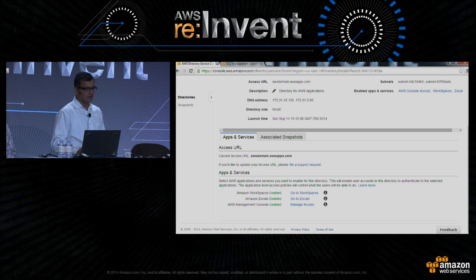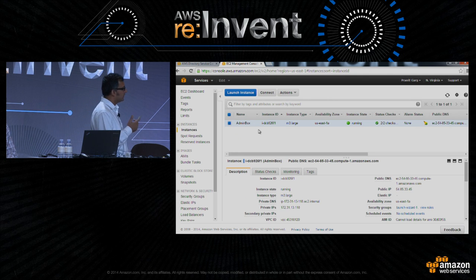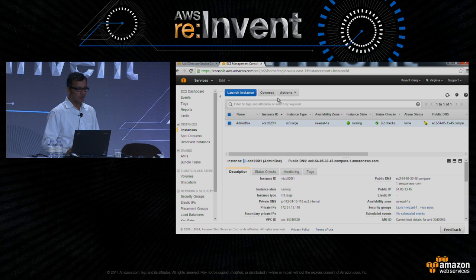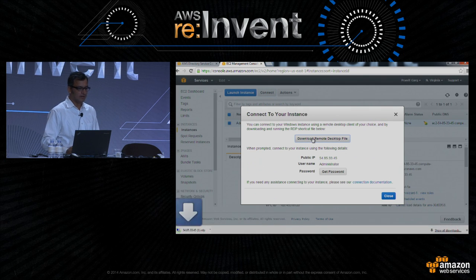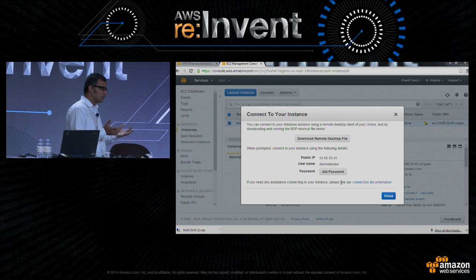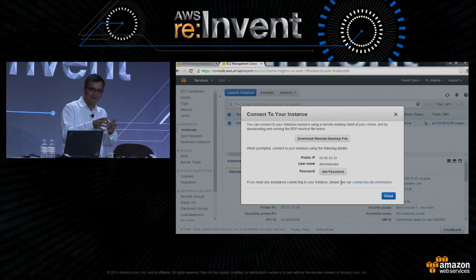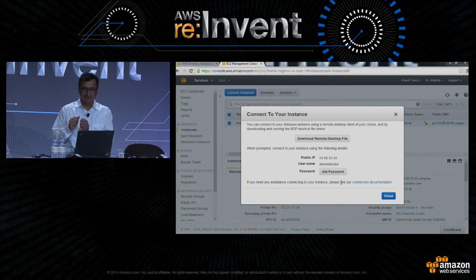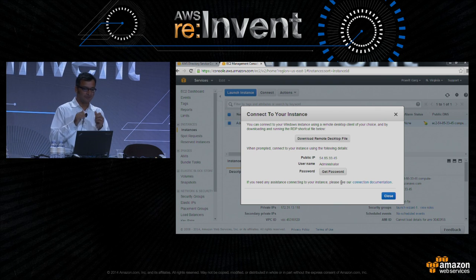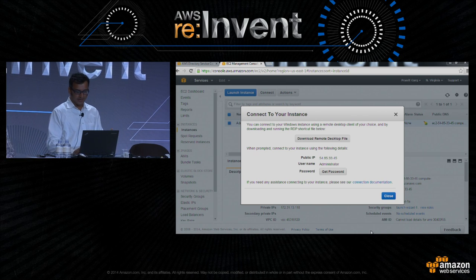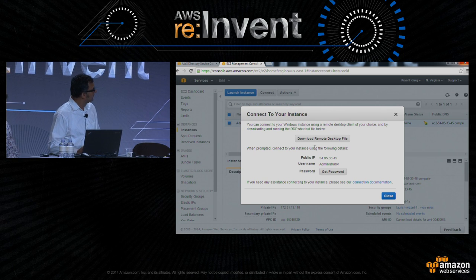I'm going to use this directory, and I already took the liberty of joining a Windows EC2 instance to this directory. So what you see there is an admin box is already joined to the directory. So I'm going to go ahead and use remote desktop to actually connect to it. So if you used EC2 Windows before, the normal procedure is you have to use a local administrator password. You RDP into the box. And just to get the administrator password, you have to have a public-private key pair, and you have to decrypt that, and then you have to set up. Once the EC2 instance is domain joined, we can actually just use our domain credentials to log in, right? So all of the EC2 instances,